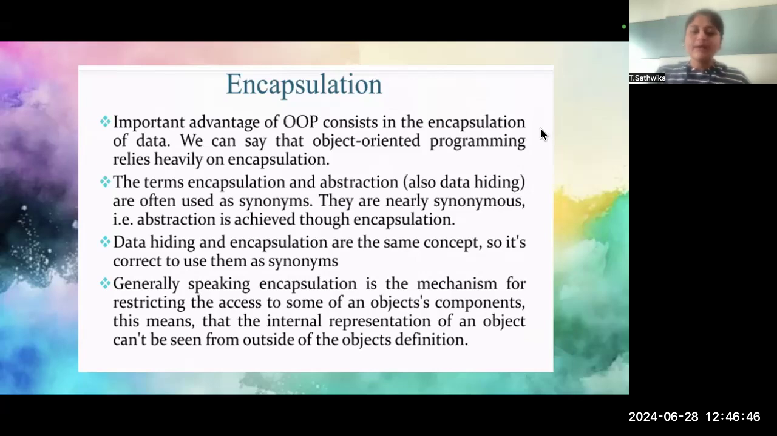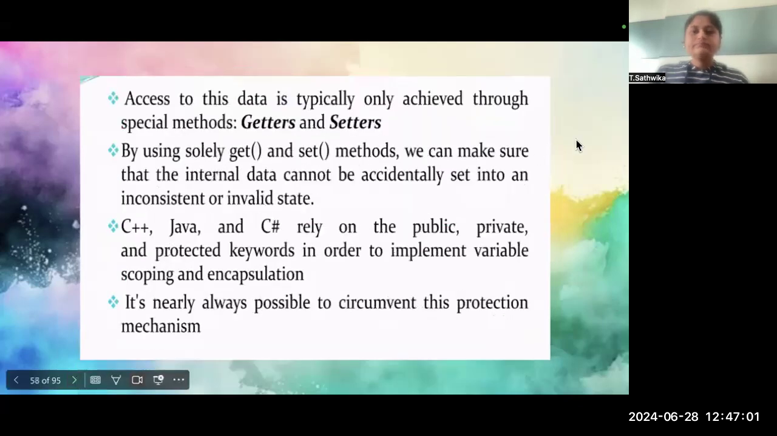So generally speaking, encapsulation is a mechanism for restricting the access to some of an object's components. This means that the internal representation of an object can't be seen from outside of the object's definitions. Now, access to this type of data is typically achieved through special methods like getters and setters. So by using solely get and set methods, we can make sure that the internal data cannot be accidentally